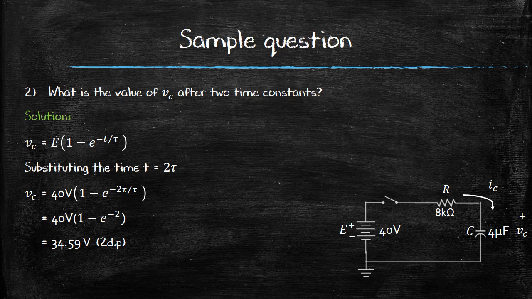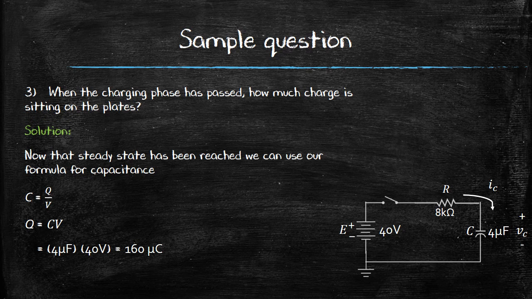For part 2, we can recognize that if t equals 2 tau, the exponential component will simplify to e to the negative 2. Plug this into your calculator and you'll find the voltage value to be approximately 35 volts. Finally, for part 3, if the steady state has been reached, we can simply use our equation for capacitance shown earlier. Rearranging C equals Q on V and plugging in our values, we would deduce that there is